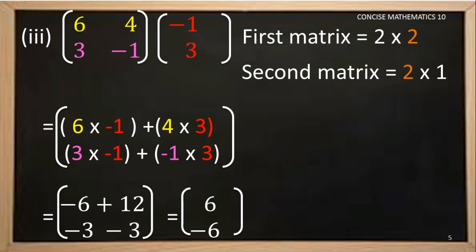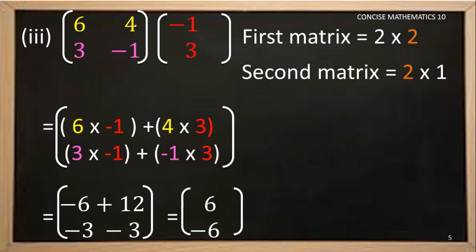In the previous problem, we had the second column, so the elements were placed in the second column. Here there is no concept of second column because we have only one column over here. So let us fix on to this first row, first column, second row, first column. So multiply the corresponding elements. 6 into minus 1 is minus 6. 4 threes are 12. Its difference will be equal to 6.